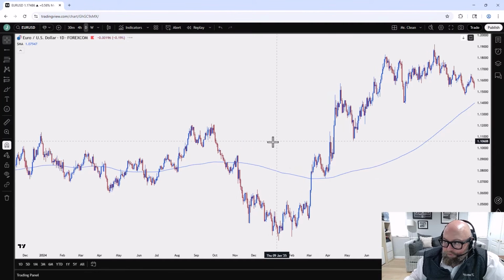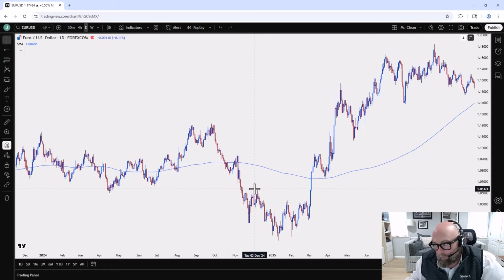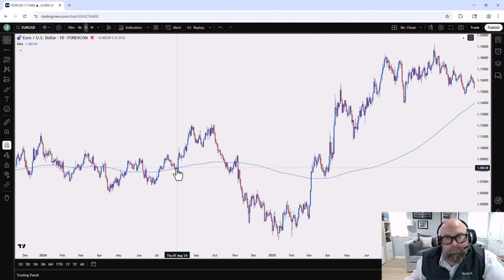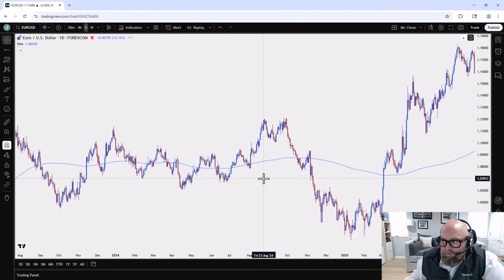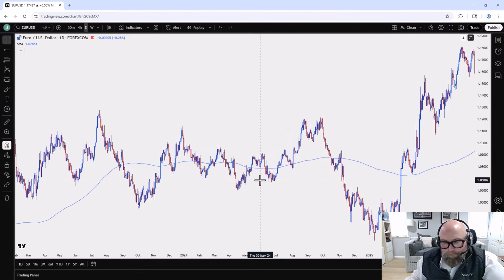And then you'll see on some of these prior instances, again, just dirty signals. It breaks below, doesn't stay below. Now we ultimately end up lower, but it's imperfect. And I think this is, again, what gives technical analysis a bad rap with a lot of traders. They'll see a lot of these messy instances. It doesn't always work, and it's pointless. And why am I even looking at this?